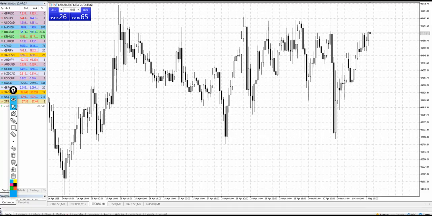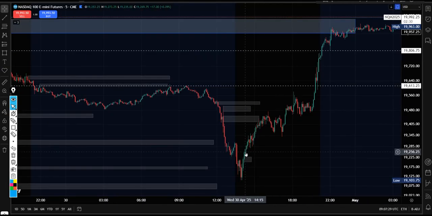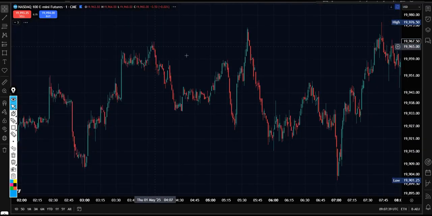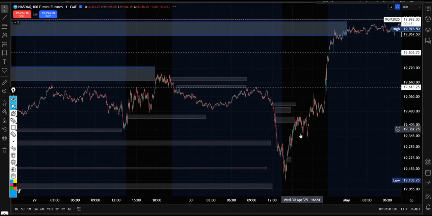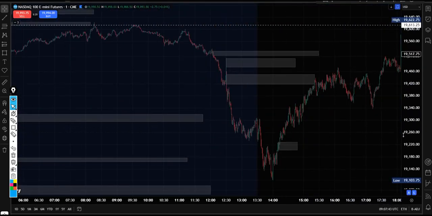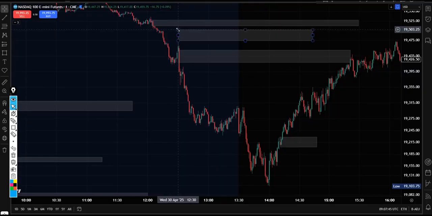Hold on, let's see. So here I close the position. I'll see where I close the position, but I think I close the position somewhere around in this area here, and then I'll discuss why I close the position. I close the position here because as price is moving lower, we already discussed the momentum has been transferred